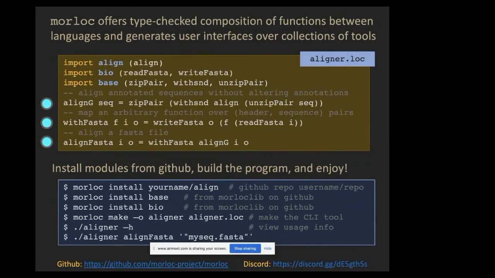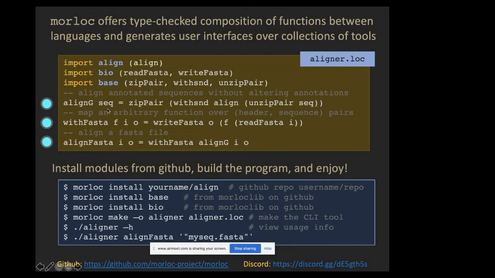With all this, we can define a useful aligner module that Morloc will type check and build into user interfaces. The aligner.loc Morloc script here first imports our align function. Then from the bio and base packages, we import read FASTA, write FASTA, zip pair, with second, and unzip pair from the previous slide. Using these imported functions, we can compose them to define our new functions. Align G